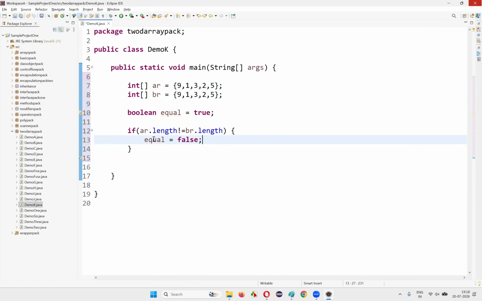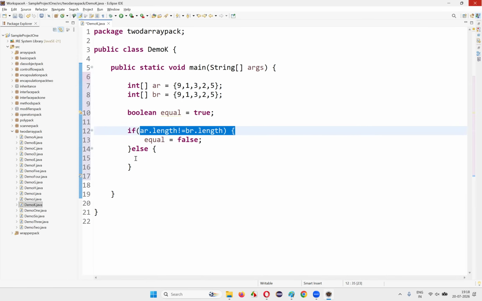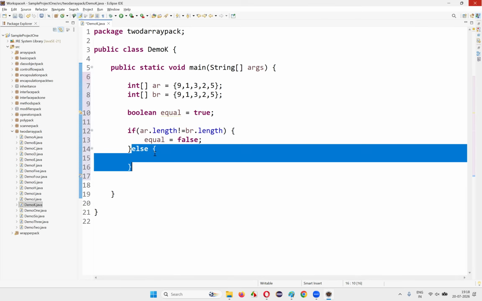Okay, if the size of the AR is not equal to size of BR, automatically I'll say equal is equal to false. But if in case the length of the size of this AR is equal to the size of BR, then another check I have to do. That's why I'll go to the else block. One of the conditions is already verified. Second condition that I'm going to verify in the